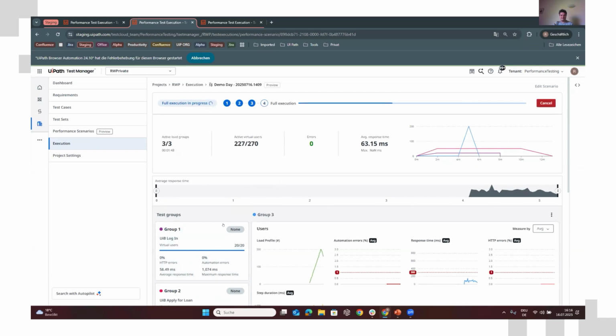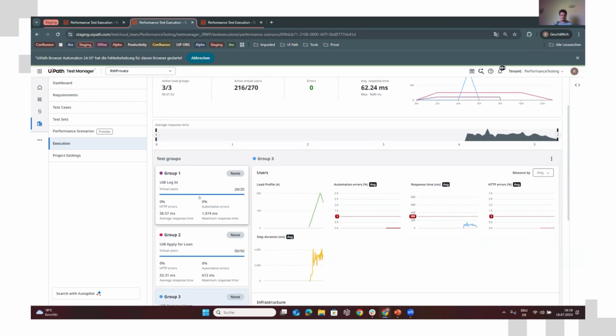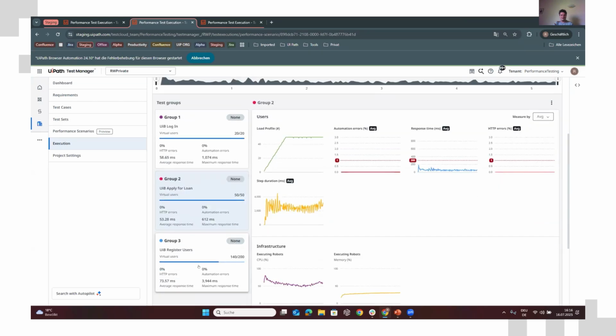And we want to understand if this spike here more or less influences the other groups where we do logins and apply for loans, right? So it is way more convenient now. It's not so jumpy anymore. You don't have to expand and collapse things anymore. So that's pretty nice. And on top of that, we also introduced a new chart here, which is called the